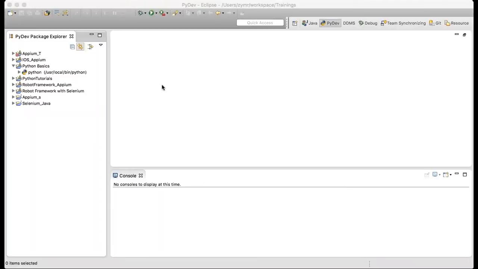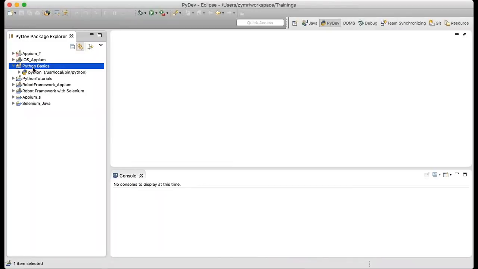You have to select the grammar version, that is the Python version which you have installed, and then the interpreter. In my case, I can keep the Python default. I have other different versions of Python, so I will select basic Python as of now. Fine. Let me cancel this because I have already created this for you.